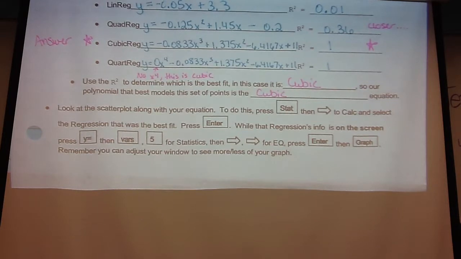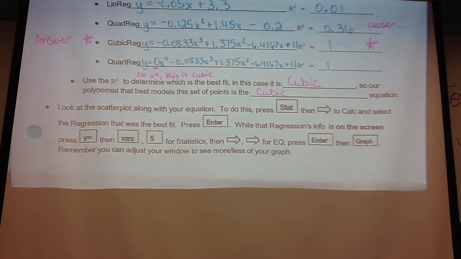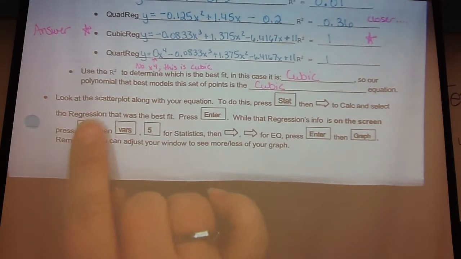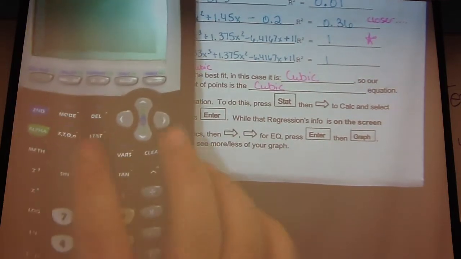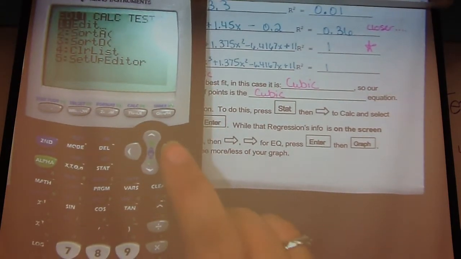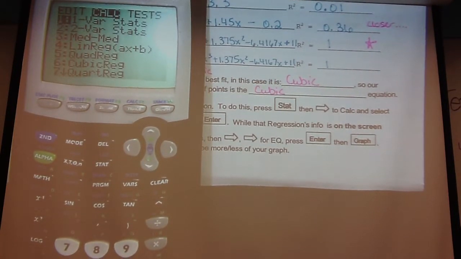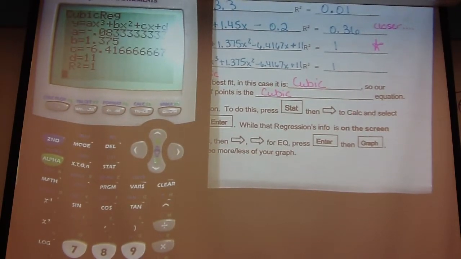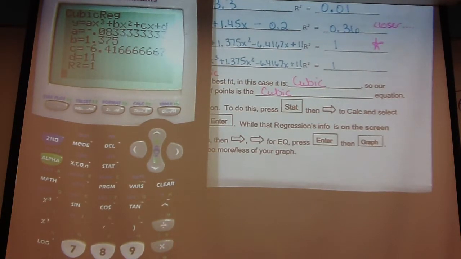Okay. Now you can make the calculator graph that along with your scatter plot, but you have to kind of do it in a weird way. Okay. So to make the calculator put it in, you press stat, arrow over to calc, pick the one that was the best. So which one was the best? 6, cubic. Press enter, show this information again, and while this is on the screen, that has to be on